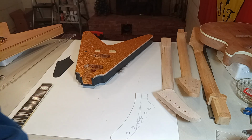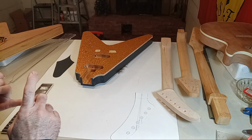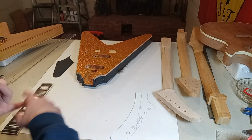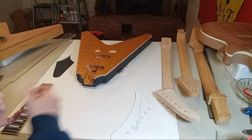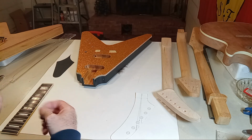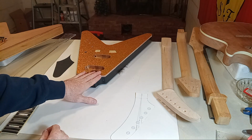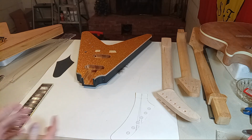Okay, so you're going to build an Explorer. We've covered what it is and what we want to build it out of. We're going to build a Korina body and a Korina neck, or we could have gone with a Honduran mahogany body and a Honduran mahogany neck, which is what those necks are over there. Could you build your neck and your body out of maple? Of course you can. It'd be a beautiful guitar, and it would probably be bright, unless you use a really, really thick pick. You could warm it up a little bit, but maple is a beautiful wood. You could do a maple cap on a Honduran mahogany body. Sky's the limit. You could do binding,